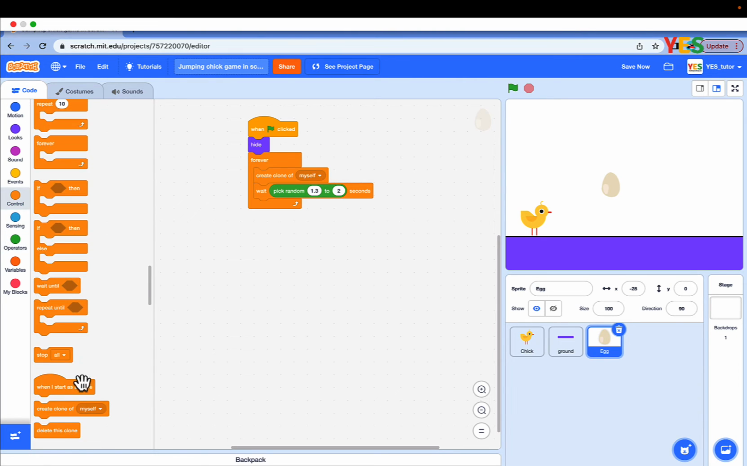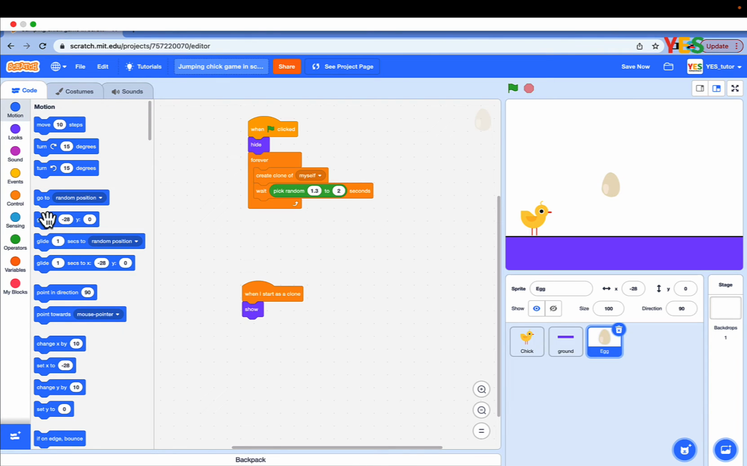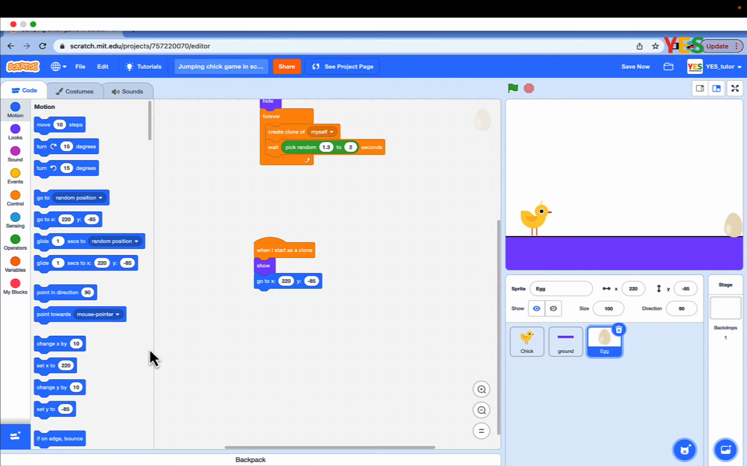Go to controls and drag out when I start as a clone. Go to looks, show, then go to motions, drag out the go to XY block, and set your spawn position of the egg. Then